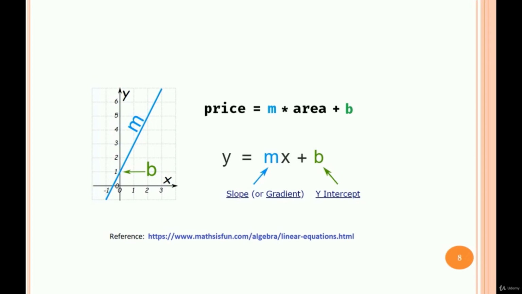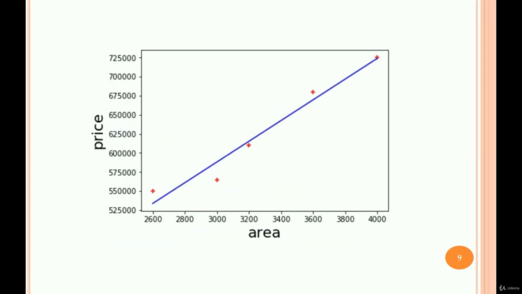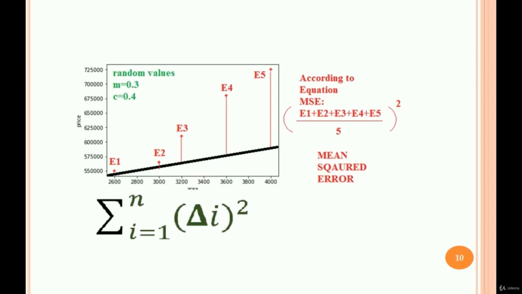Now, we have to set the values of m and b in such a way that our line touches most of the data points. Or we can say we have to find the best fit line. To do so, Scikit Learn starts with random values of m and c, suppose 0.3 and 0.4 respectively. Once it's done, we find the difference between the actual point and the line, which is random at this time. Please note,